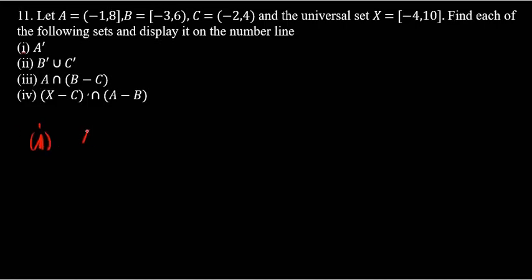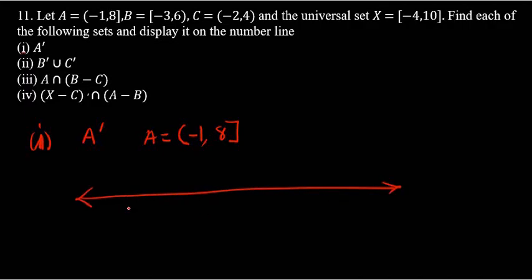The first one is what? A complement. Now, we can't know A complement if we don't know the limits of A. So let's know A. What is A? In A, -1 is not included. Then 8 is what? Included. So for you to display this on the number line,